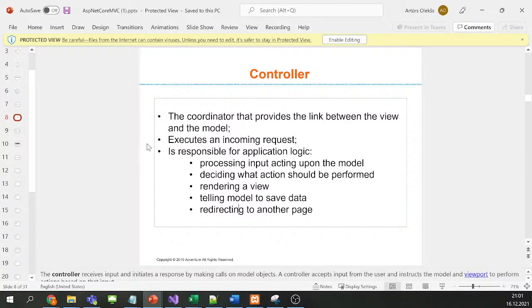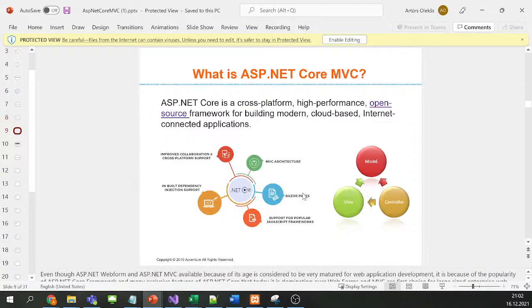It has model view controller architecture, Razor pages, and support for popular JavaScript frameworks, which are quite popular nowadays. Also inbuilt dependency injection support and improved collaboration across platform applications. And basically, the model view controller pattern is still designed in the way as